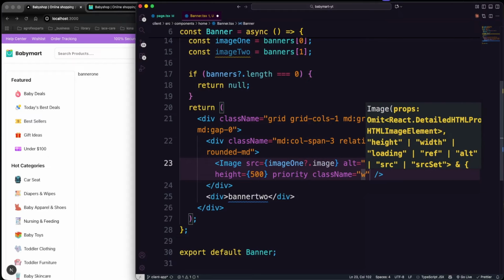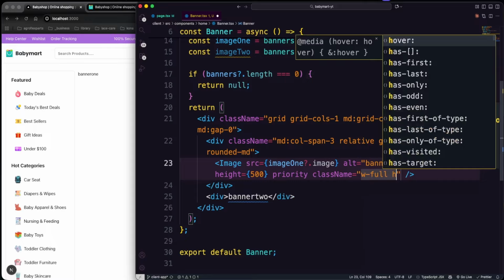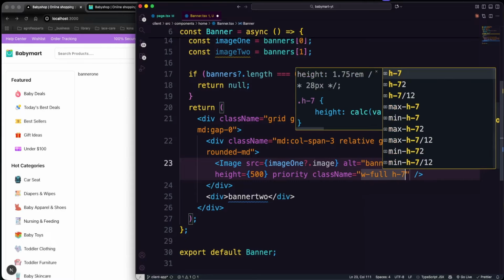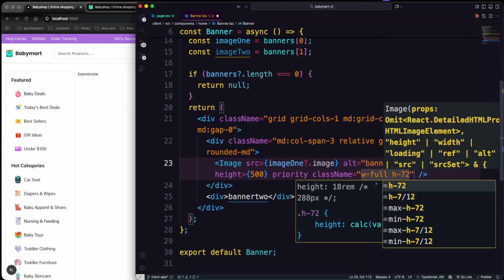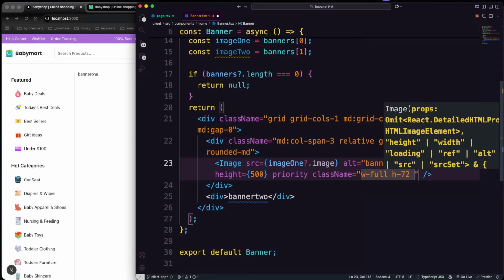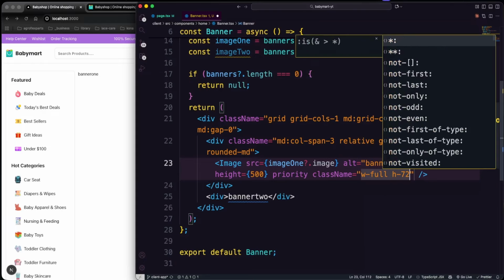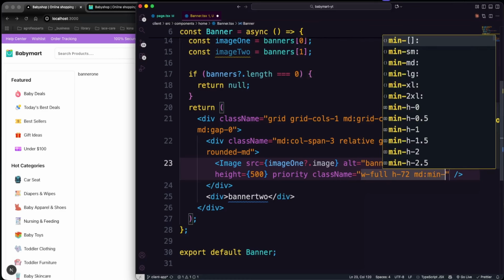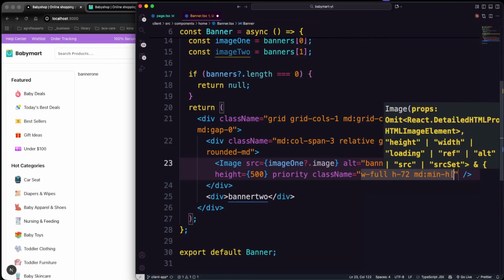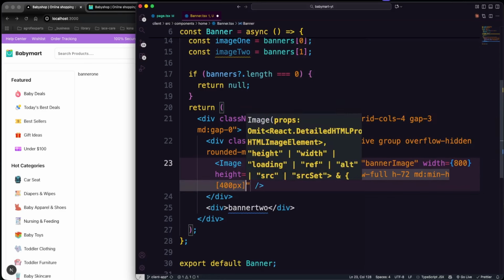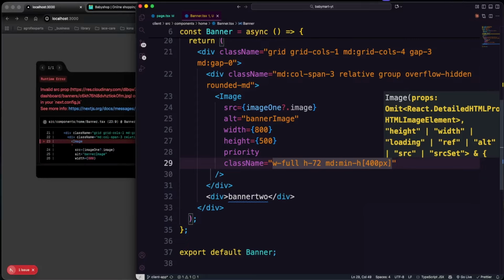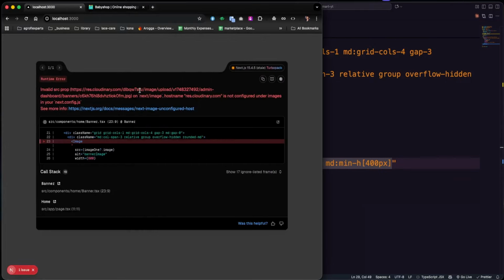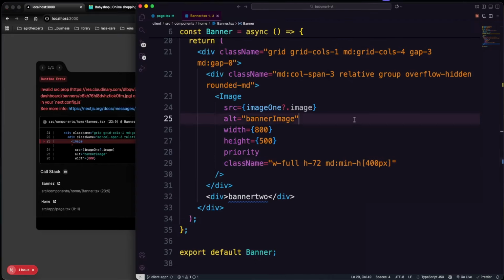And the class name, we're gonna make the width full, and we're gonna provide a height of 72, so that would be the maximum height for the smaller screen. And whenever it's MD, then it's gonna provide, let's say, a min height. We're gonna provide a customized height, which is gonna be 400 pixels. So this is the minimum height ratio it's gonna be extracting. And as you can see, we don't have that host name, rest.cloudinary.com, which we need to configure in our